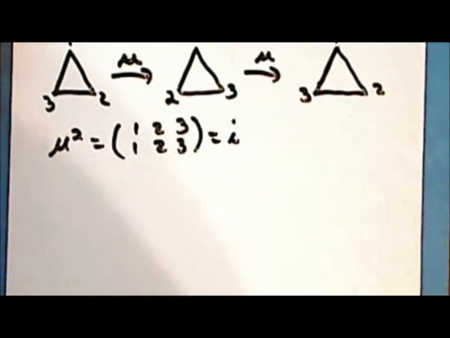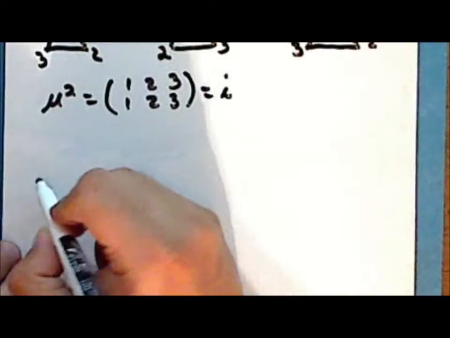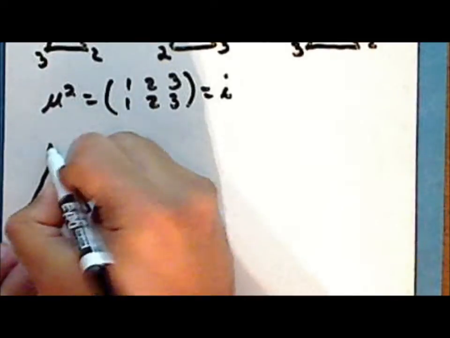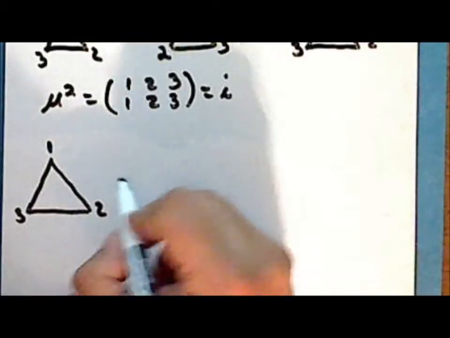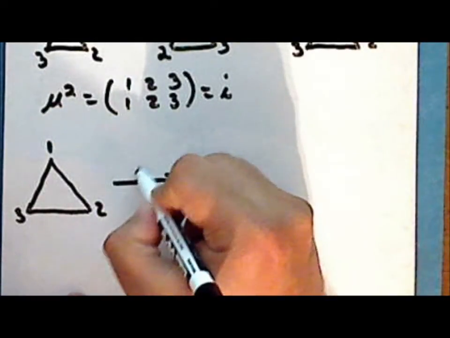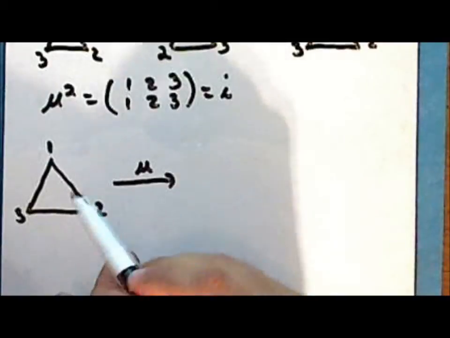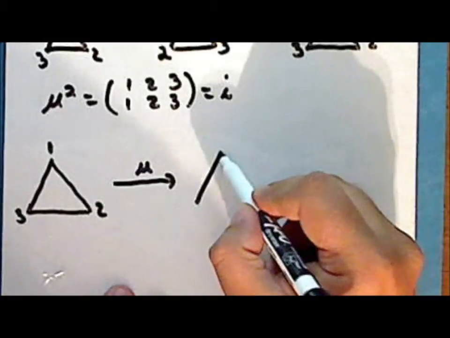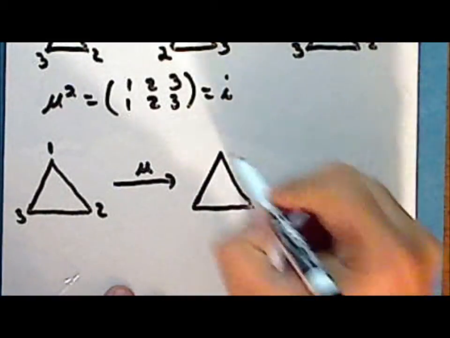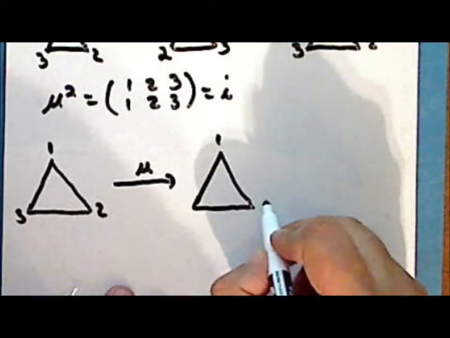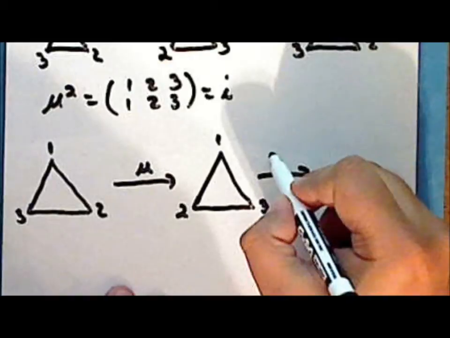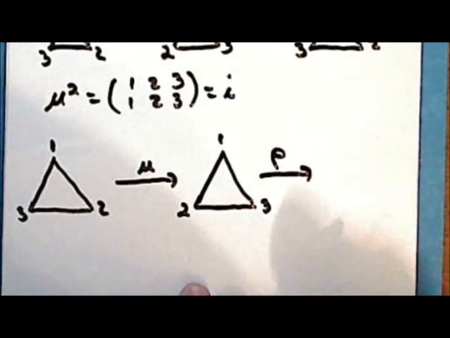So now let's consider reflections followed by rotations. We'll begin with the triangle with the vertices in the original position. If we reflect the triangle about the line through the center and the first vertex, then vertex 1 is fixed and vertices 2 and 3 exchange places. And if we now follow this by a rotation counterclockwise by 120 degrees,